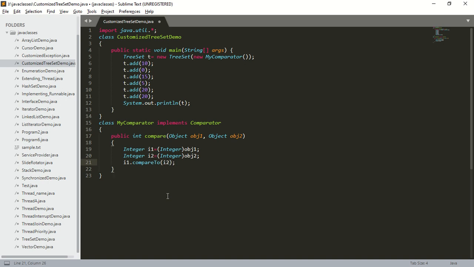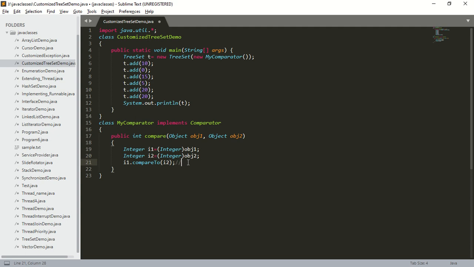Okay. Yes. So where is this compareTo method present? This compareTo method is present inside the Comparable interface. Next, what is this compareTo method going to do? This compareTo method is going to perform the default natural sorting order. So what is the default natural sorting order in the case of numbers? In the case of numbers, the default natural sorting order is ascending order.